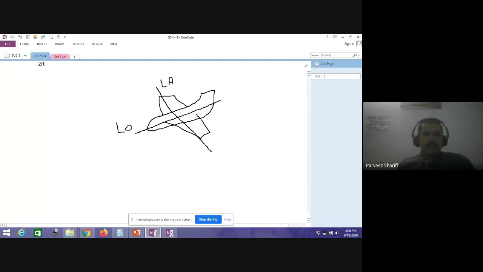Now what happens if you hold the two ends of this longitudinal axis and you roll it? The aircraft will roll either to the right side or to the left side. And if you fix the two ends of the lateral axis and roll it, the nose will pitch up or down. It means the aircraft will move up or down. Yawing is on the other side. If you draw a vertical line and rotate, the aircraft will move in this direction, which we call yawing action.